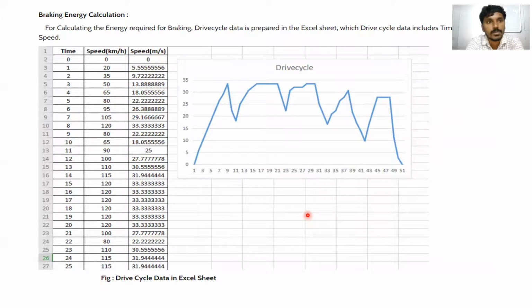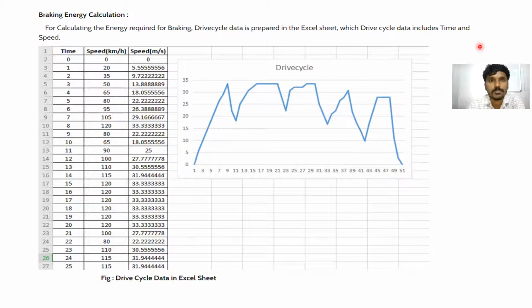Next, for example, if you want to calculate the braking energy, just open the Excel sheet. To calculate the energy required for braking, the drive cycle data is prepared.